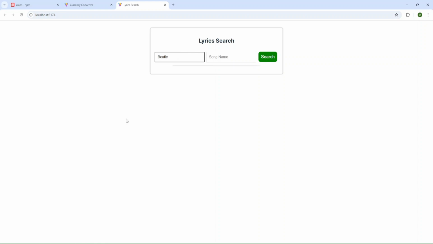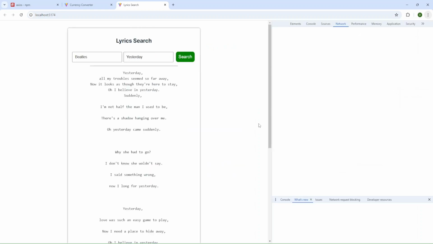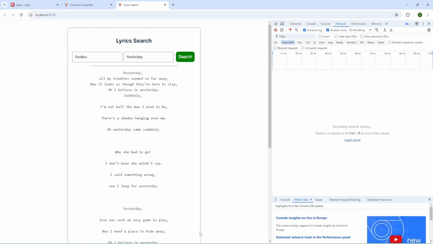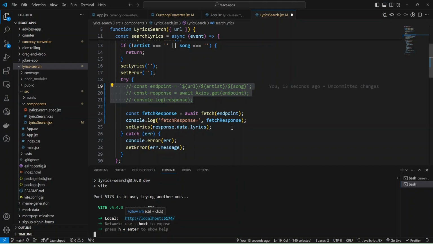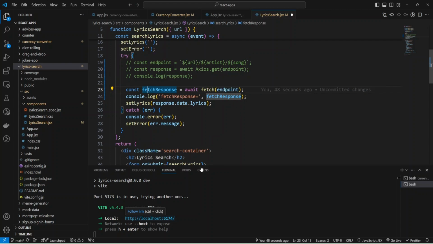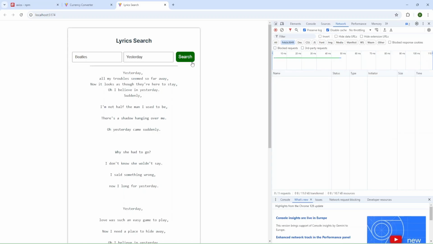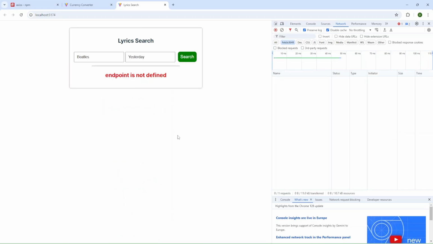Let it be Beatles, and the song name will be Yesterday, and press search. Okay, we have our lyrics, and it was Axios code. Now I'm going to save my page code and search again, and as you can see, endpoint is not defined.